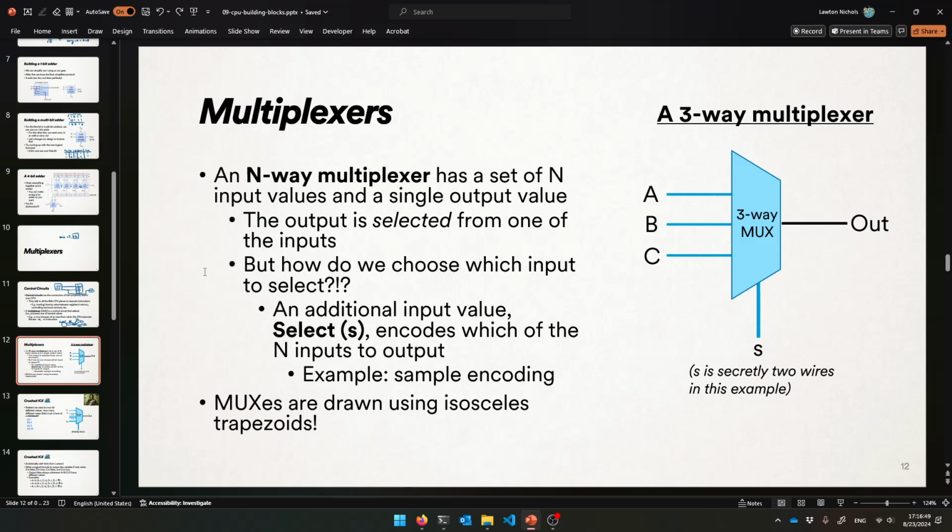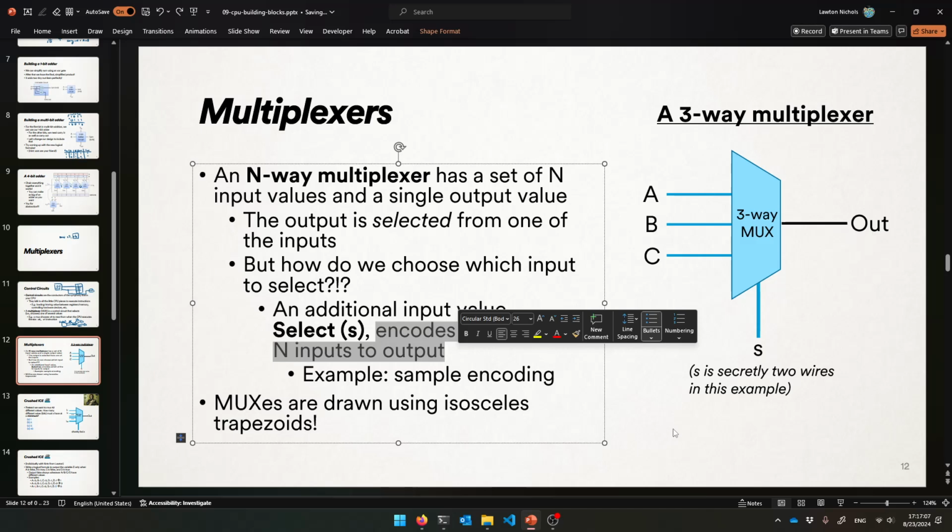And so now the question is, how do we choose which input to select? You have to give us another input along a wire or a set of wires to choose what you need. Okay, so there's an additional input value, select, called S, which encodes in a certain way which of those n inputs you want to shove into the output. All right, so for example,